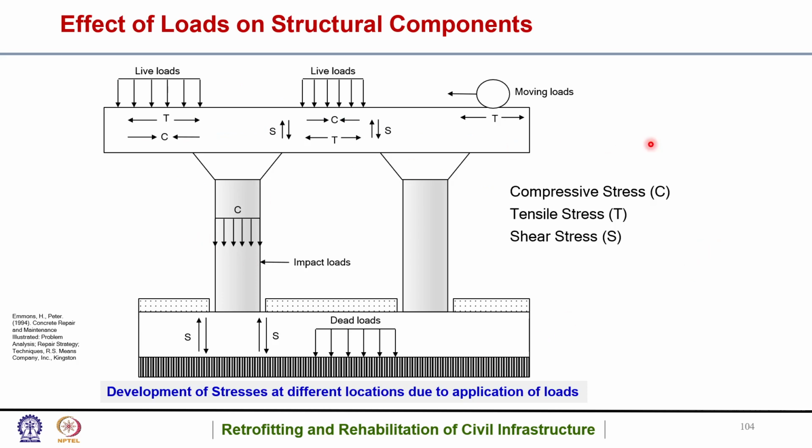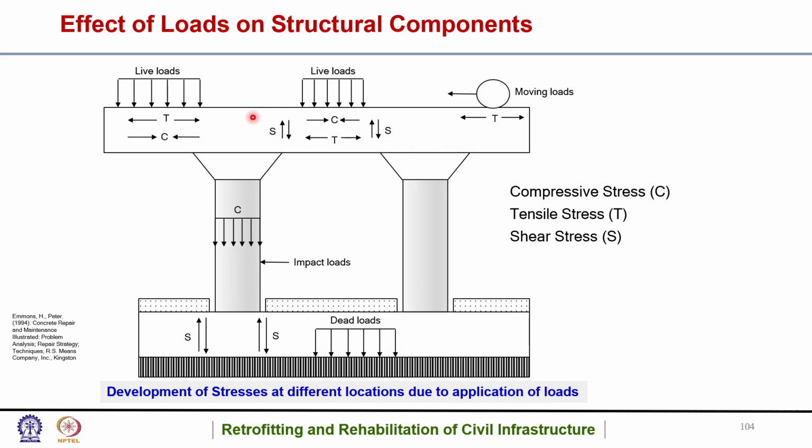So if we see this figure, this is a very good figure. It is showing the development of stresses at different locations due to application of loads. If we represent compressive stress with C, T represents tensile stress, and S represents shear stress. Okay, so if you see here, there are two supports. In between the supports, basically under live loads, the beam